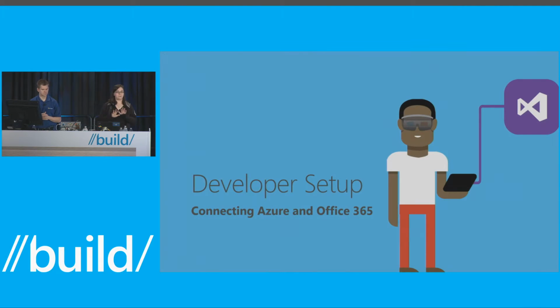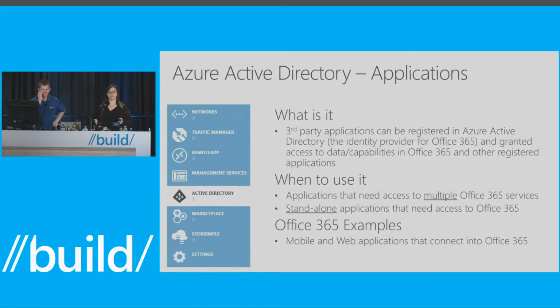Right? So every app that you make in Azure, every app that you make that connects to Office 365 uses these core concepts. Azure Active Directory applications, we talked about this. It's where your third-party information, your metadata is stored. When to use it? Applications that need access to multiple 365 services. You have an app that connects to your Exchange email, your SharePoint sites, your Office 365 groups, and